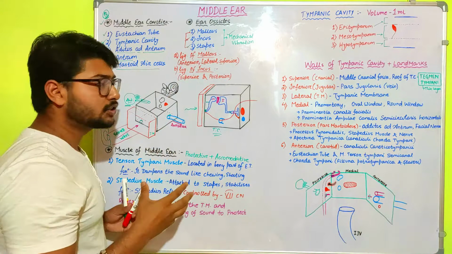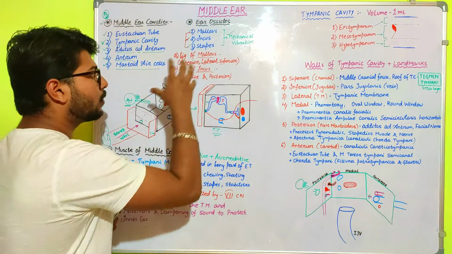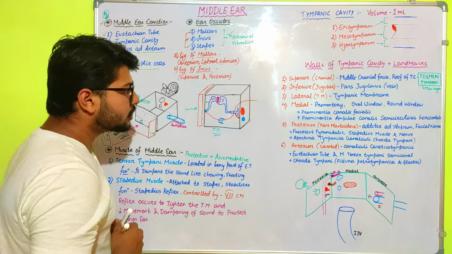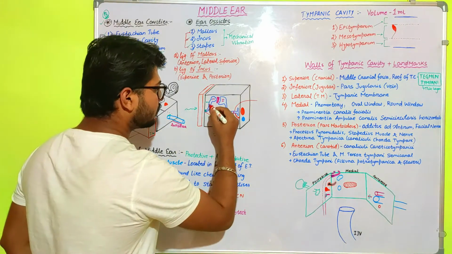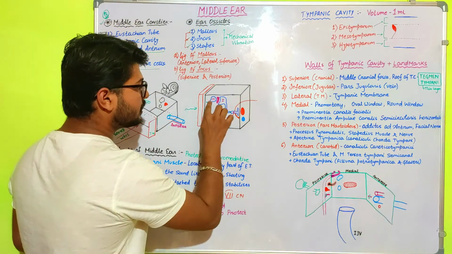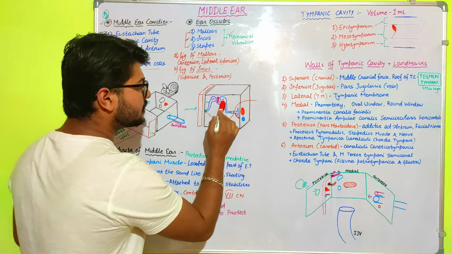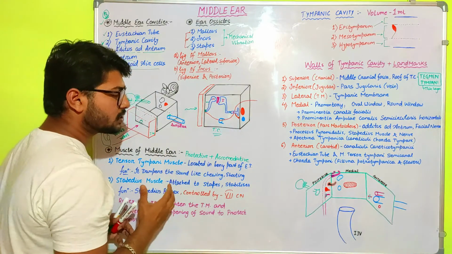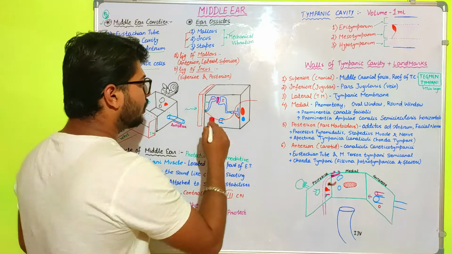Then what is the function of the ear ossicles is the second question. Next we are coming towards what are the ligaments that are attached with the ear ossicles. Here in this structure, from anterior view, you can see that the blue colored ones are the bones. Okay, so these are the bones, namely malleus, then incus, and this stapes. Okay, and in between the ear ossicles we have the joints.